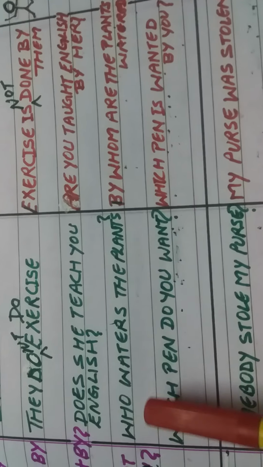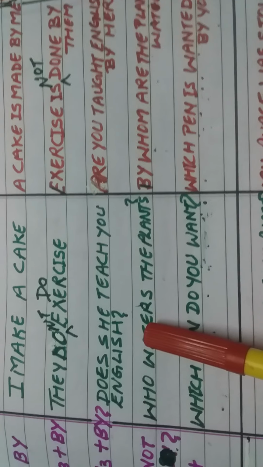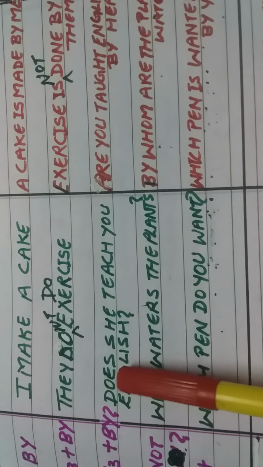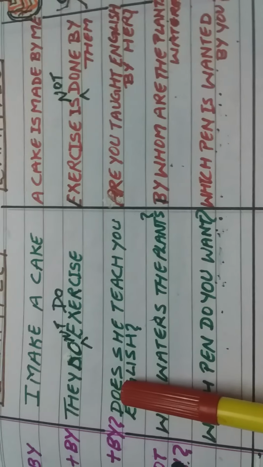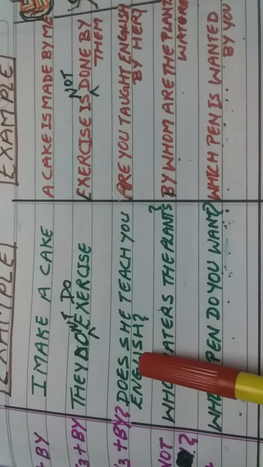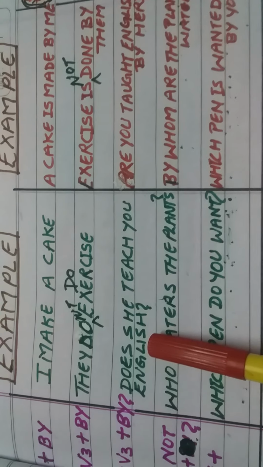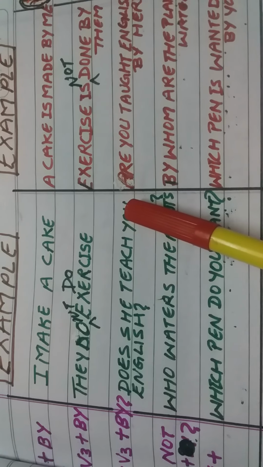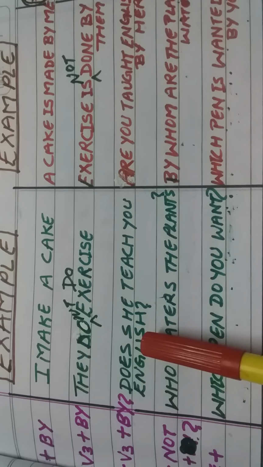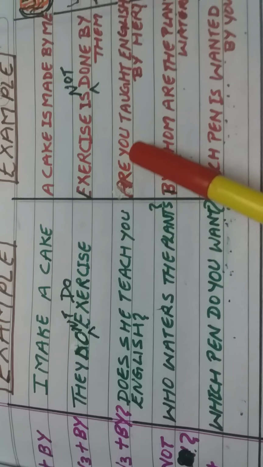The first example of interrogative is, does she teach you English? Children, you might be knowing that interrogative is also framed beginning with a helping verb. Okay. So here identification, does is helping verb, she subject, teach verb, you object, and English also object. Now here two objects are there. In such case, we try to take the object which is near to the verb. You can also pick up English as an object, and you can frame it with this subject. Okay. But here I have picked up you as a subject.